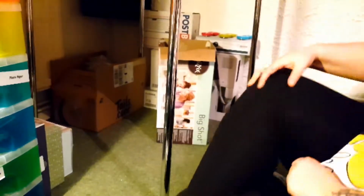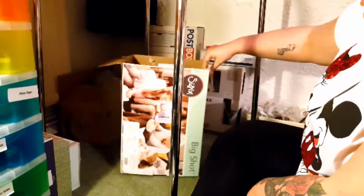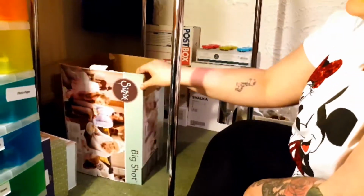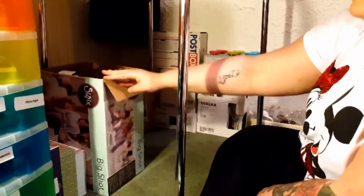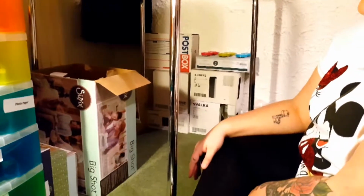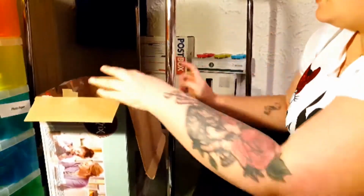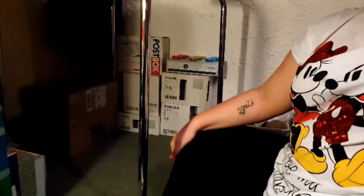And then underneath the table, because we're currently sitting on the floor, I use my Sizzix box as a bin, just because it's the largest box and it fits perfectly in that gap there. And it means when we have to pack it away, we still have the box. Yeah, so it'll be a bit sparkly, but that's okay. And then at the back, which I will pull out for you now,